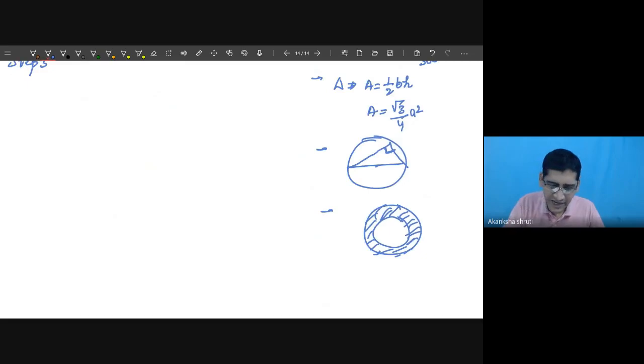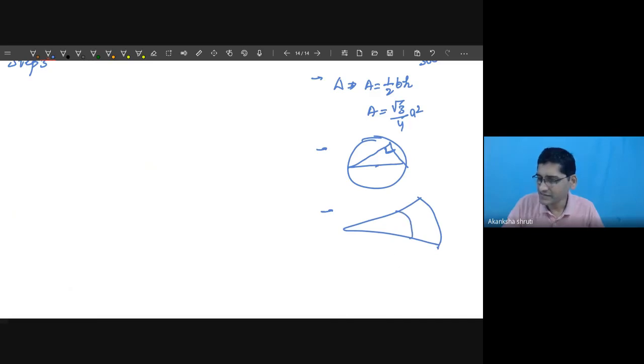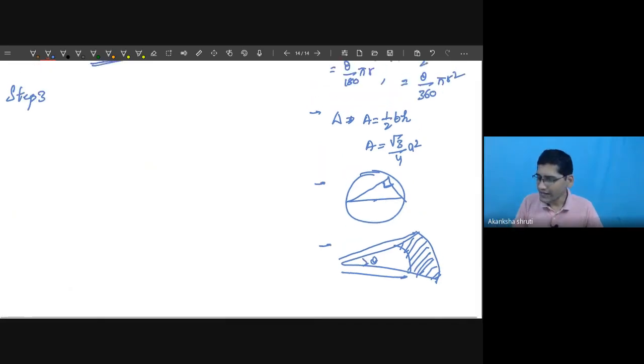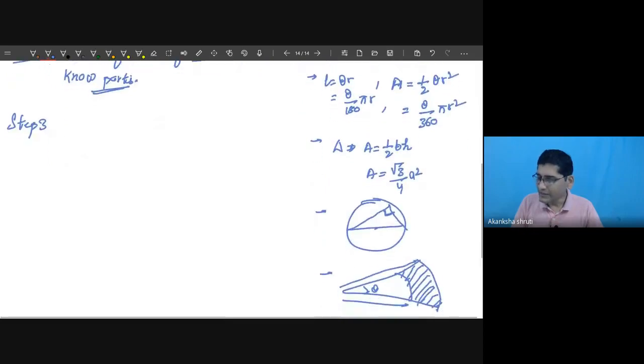Wherever subtraction is required, consider this is a sector, and consider the other sector, one part is this, the other part is this. You are asked for only this much. How to get the entire sector? For the bigger sector you will calculate, for the smaller sector you will calculate, then you will take the difference. So you have to adjust the required area as sums or differences, or sometimes sums of differences.